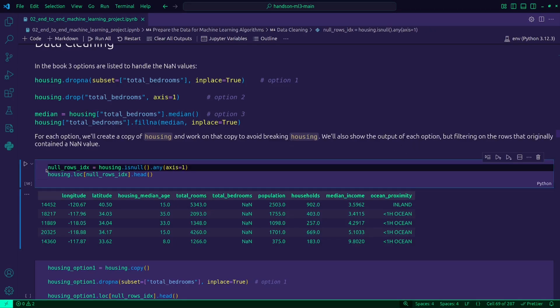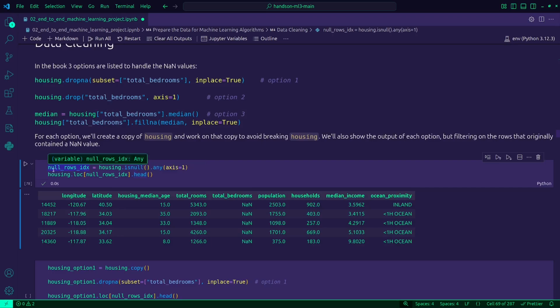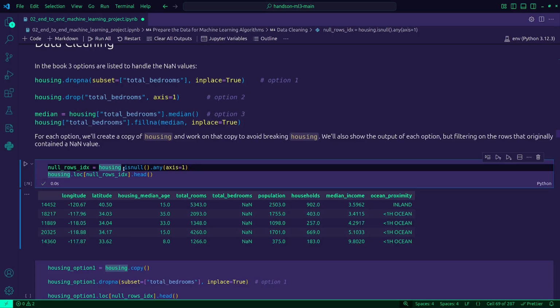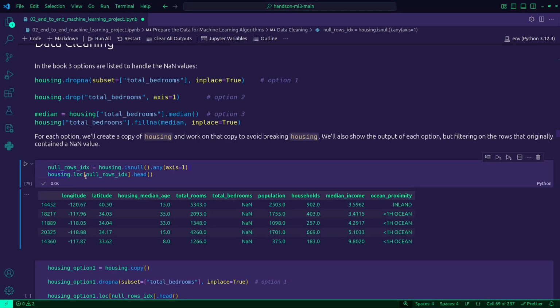All right. Let's print this. Okay. We have the housing data frame. We check if anything is null along the x-axis, and then we find these.